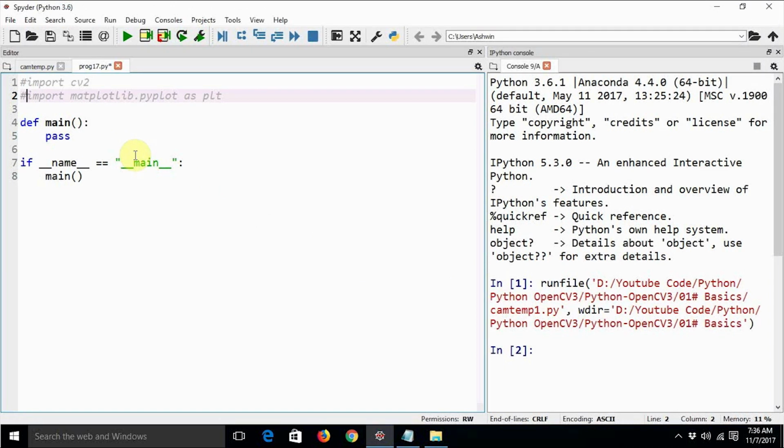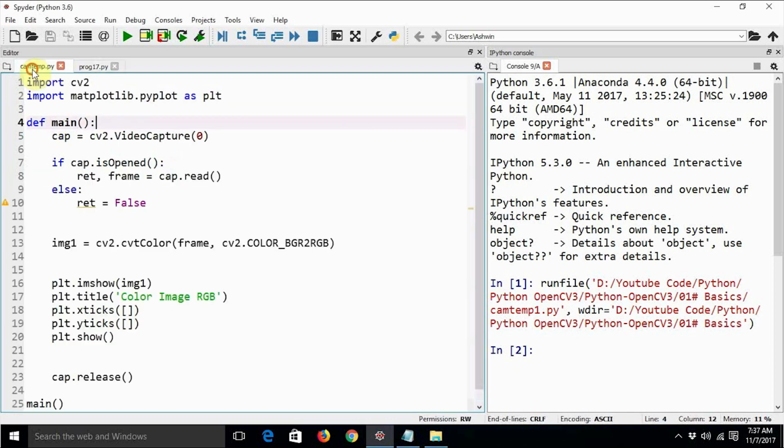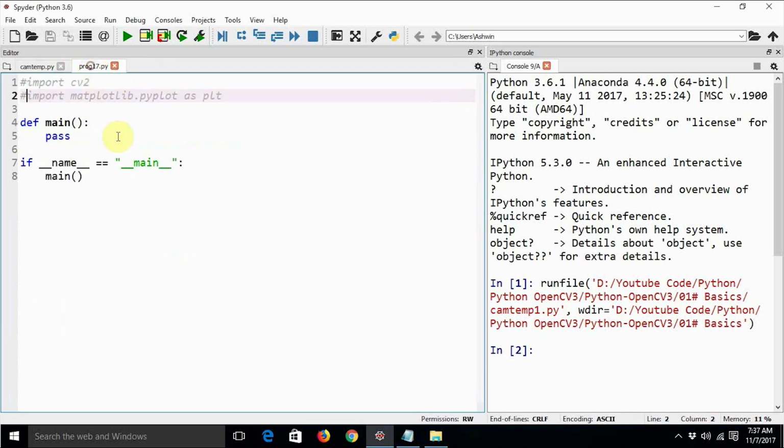So let's get started with programming first. In order to save us the hassle, I have already written the code earlier, because the code is going to be very long. We need to understand it step by step. So I'll just copy that code line by line, and then I will explain it to you, because I just don't want to have any sort of syntax errors in the middle of capturing this video. It is going to waste a lot of time. So I will explain everything line by line to you.